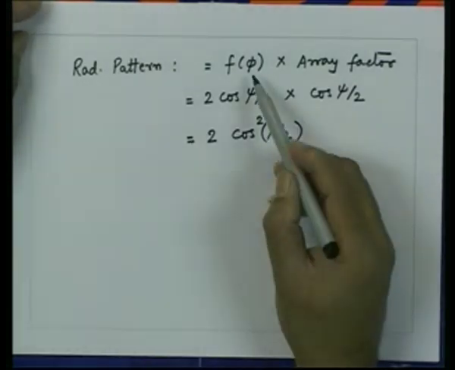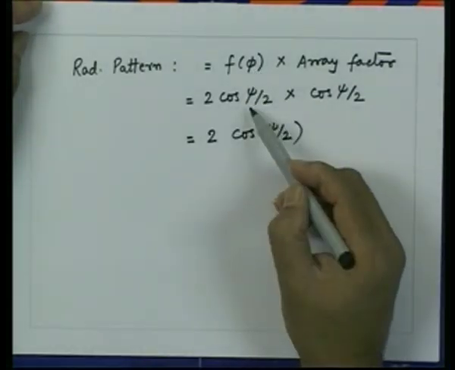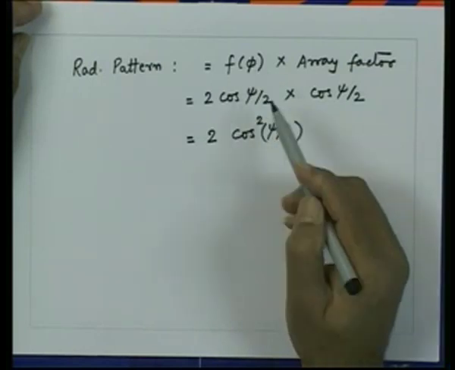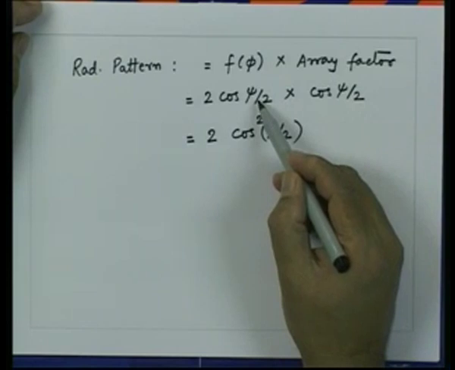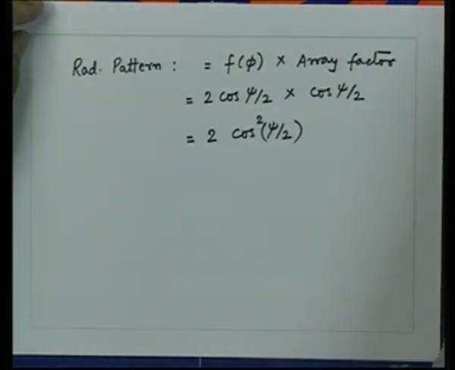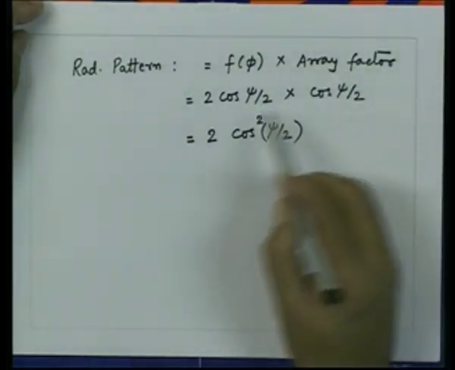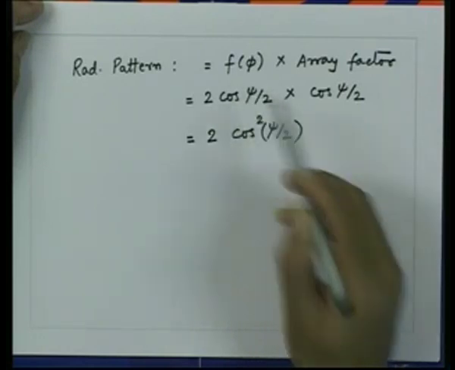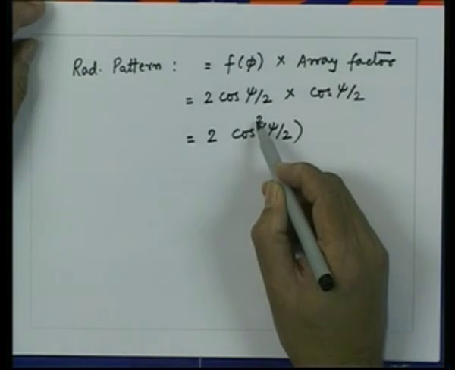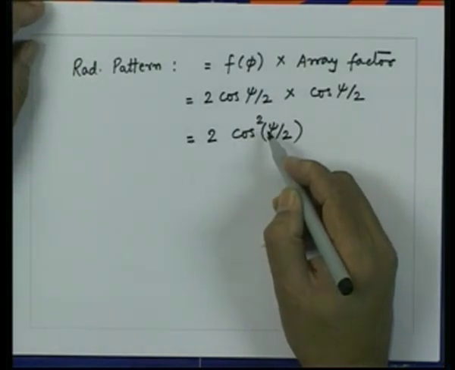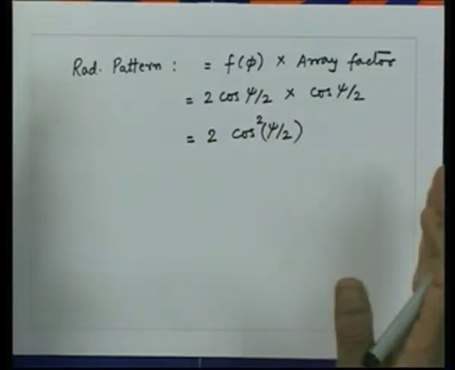So, note here whatever were the nulls in the radiation pattern, the nulls are not altered. The nulls correspond again to the nulls of the 2 element array, which are given by this quantity, cosine of psi by 2 going to 0. So, we got a radiation pattern which is the square of this,